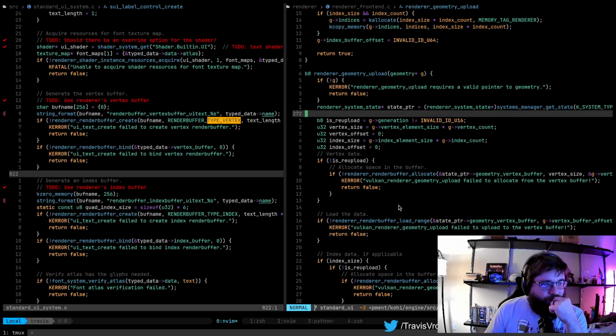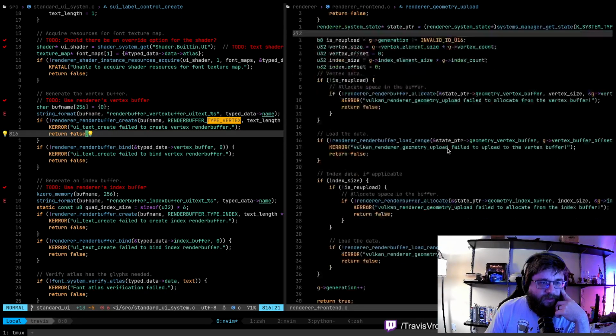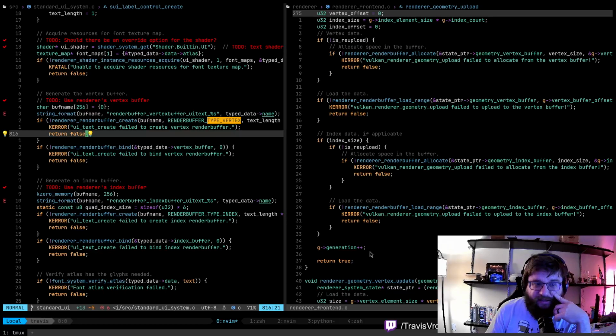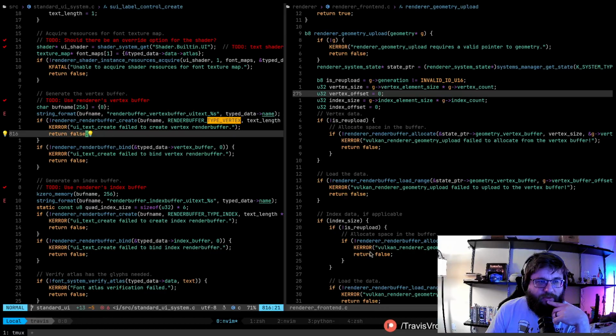Now, arguably, we could create a geometry object and manage that in here, right? But we don't really need to. And so I think what I'm going to do is I'm actually going to refactor this a little bit to expose the ability to upload vertex and index data individually. And I'm trying to think if I should leave this one as is or just... I think I can leave this as is.